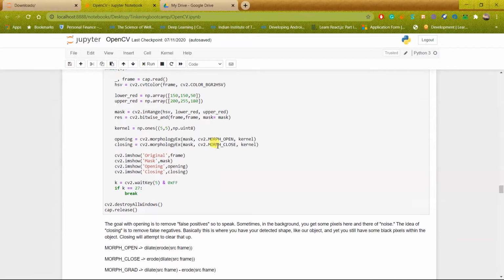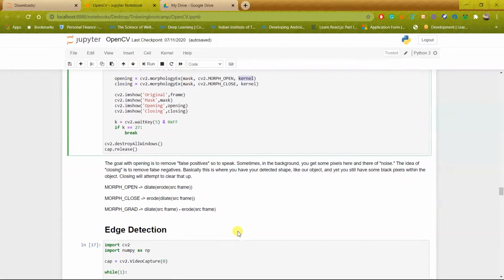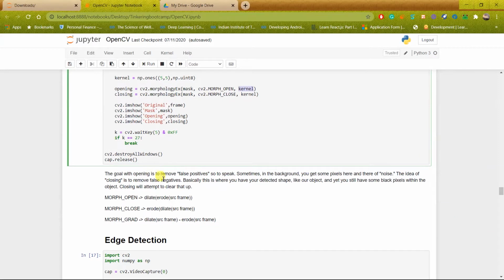So first I will explain what cv2.MORPH_OPEN is. So here what we are doing is, we are sending the input as the mask, then we are specifying the method which we have to use, and after that the kernel. So what does cv2.MORPH_OPEN mean? I have named the variable opening, where we are using MORPH_OPEN. So the goal with opening is to remove false positives.